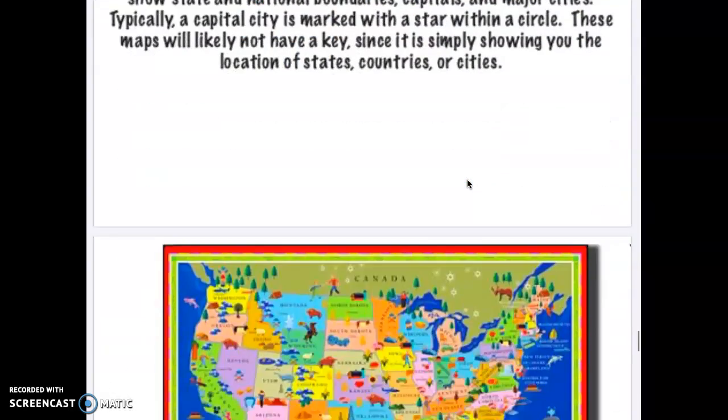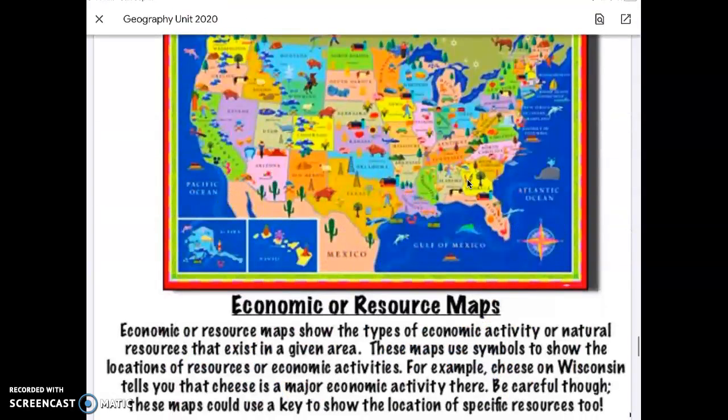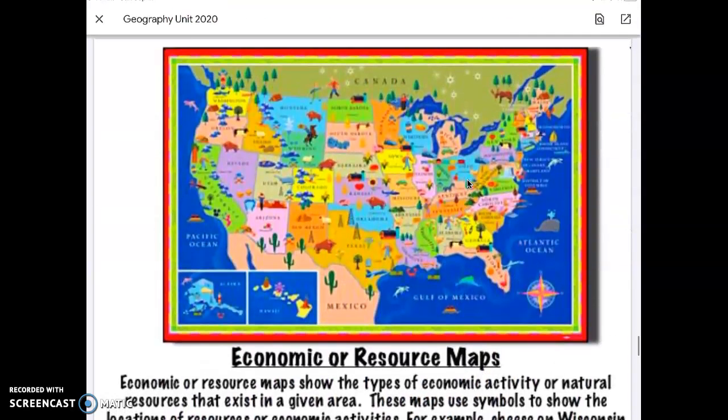Let's go on to the next map. That's a political map. The next map is an economic and resource map. This one's kind of a fun one to look at. Sometimes you'll see a map key. This one doesn't really have a map key because there's so many pictures on the map, but sometimes you'll see